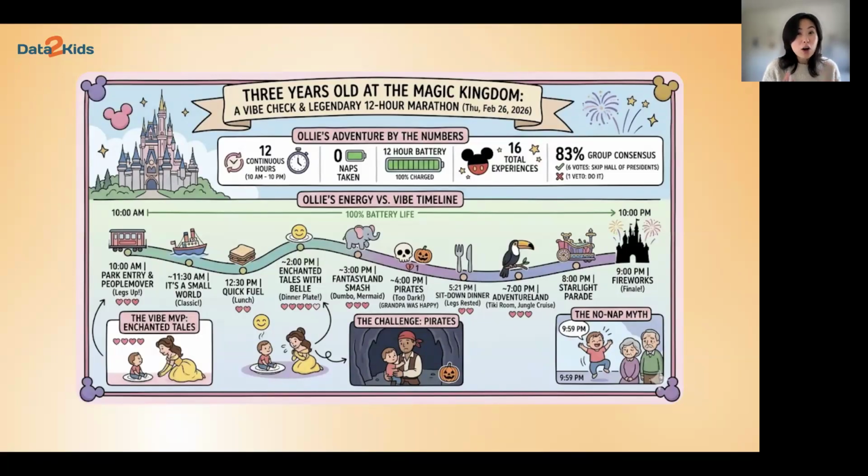And I counted how many experiences we went through. Originally I was going to add the number of steps I took because I have an Apple Watch, so I tracked my steps. But then I felt it's about her, and her steps are much shorter, so she probably has a lot more. So I thought that wasn't going to represent her experience, so I didn't add that.